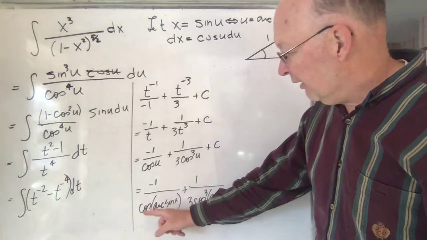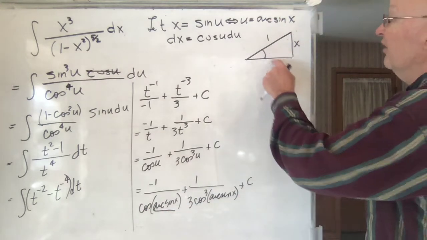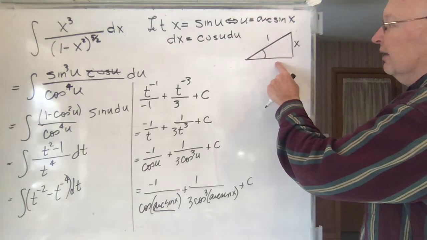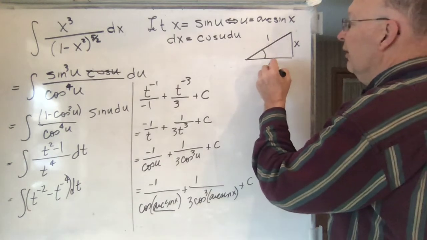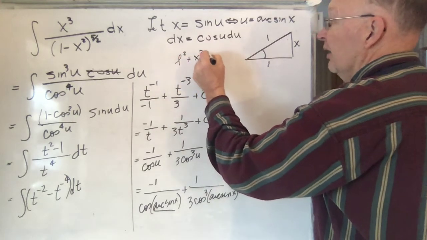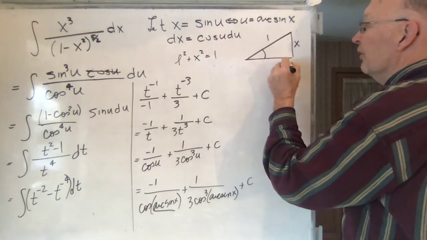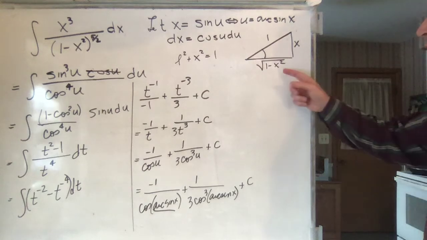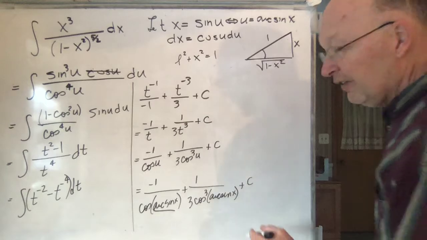Now that I have that angle, I want the cosine of that angle. What is the cosine of this angle? Cosine is this over this. Well, I need this length. How do I find this length? I can use the Pythagorean theorem, and I'm going to skip the details here. I call it L, and I can say that L squared plus x squared is equal to 1, and solve it for L, and you're going to get L is equal to the square root of 1 minus x squared. So there is the cosine of the angle whose sine is x,